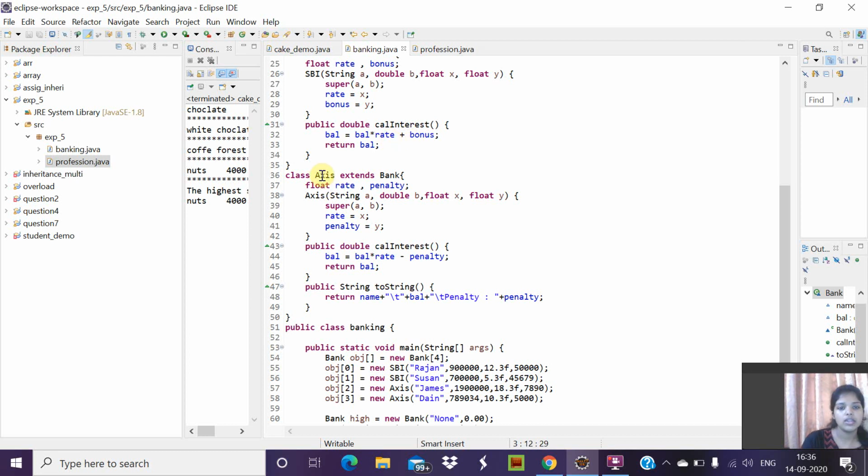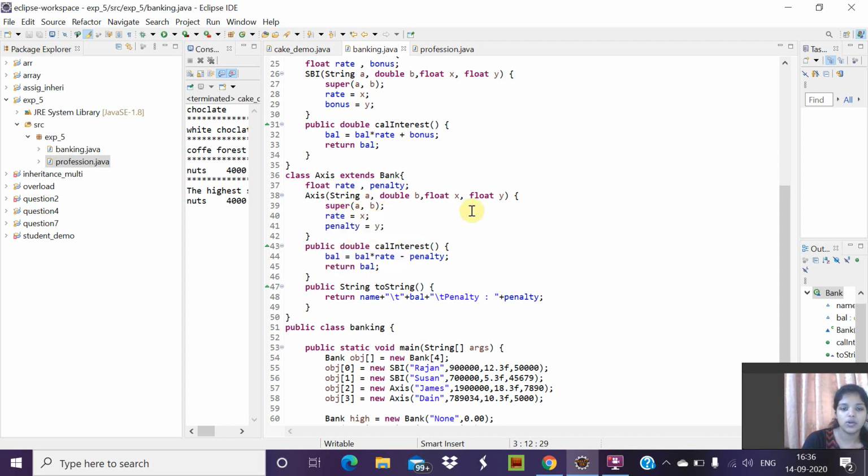Next is the subclass called Axis, which will extend bank. There are two float data members, rate and penalty, which have been added in addition to the data members present in the bank. And this is the constructor, and super(a, b) is to get the properties from bank.